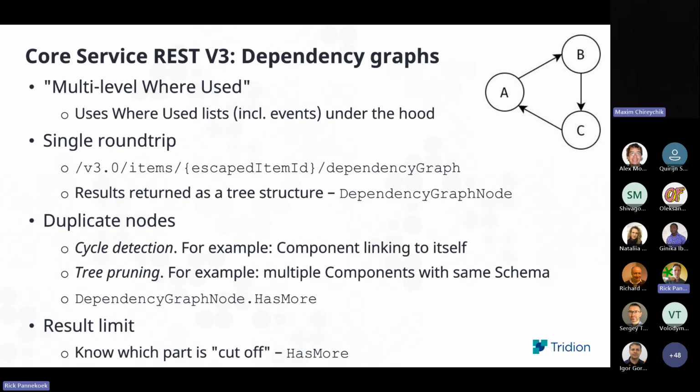So you have to detect cycles and stop expanding there, to a point where you say, okay, but I've already returned you this thing. Another thing, which is a bit less problematic but still makes sense to do, is what you could call tree pruning. So if I do multiple level where used,